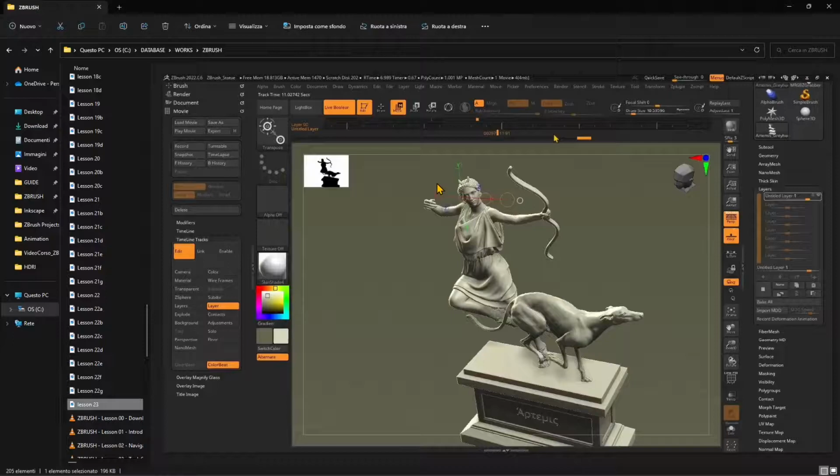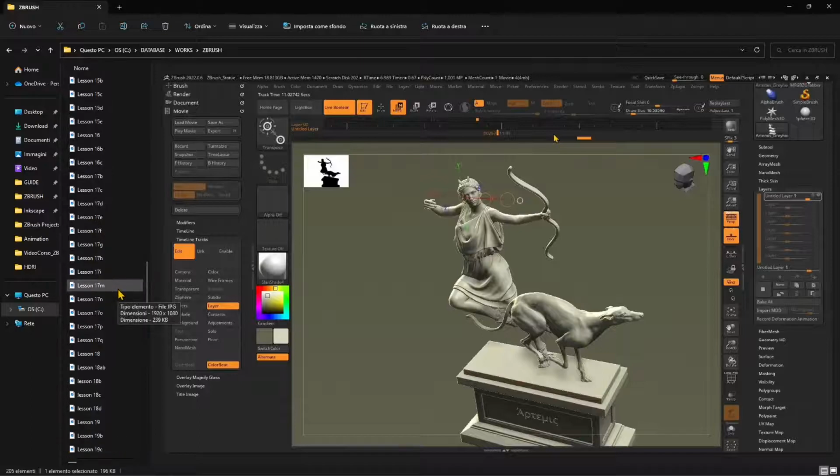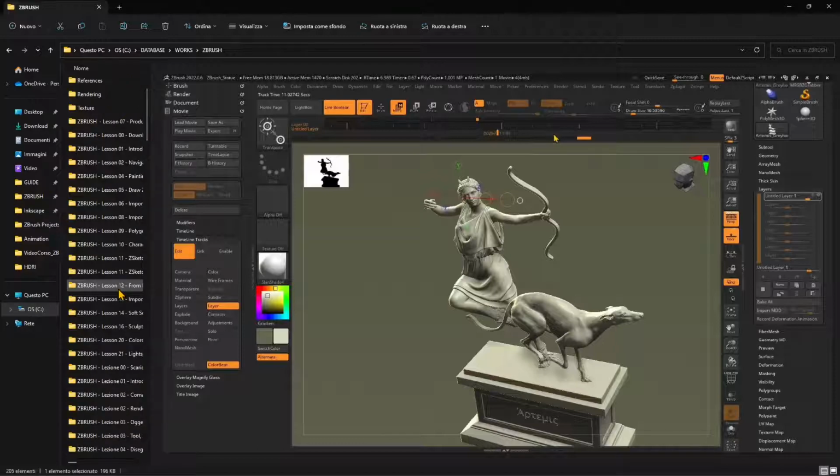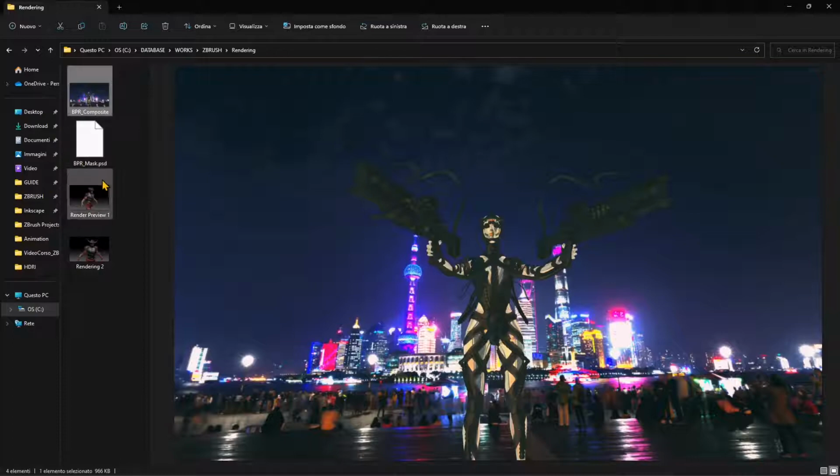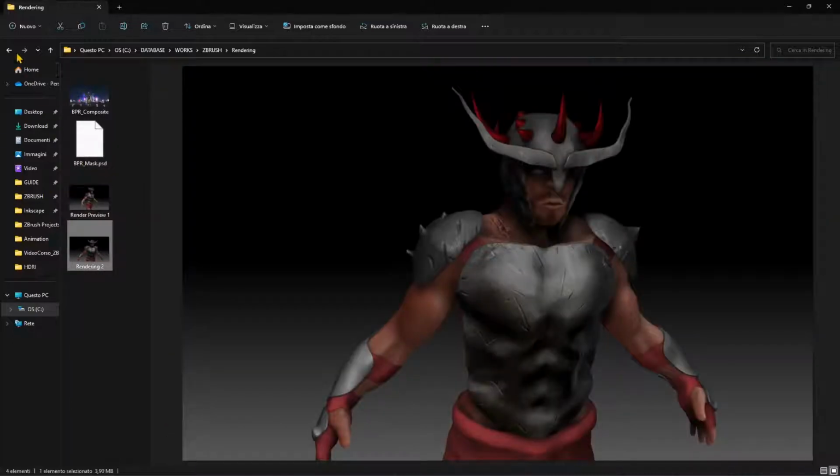In the previous video, we talked about animation in ZBrush and how we can use different tools and features to animate in different ways and create some videos. You can use Transpose and other tools to do different types of animations. So we saw how we can create static renderings also, so classic renderings, and also animated